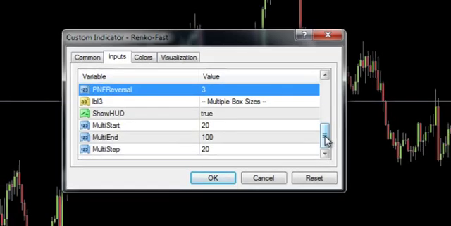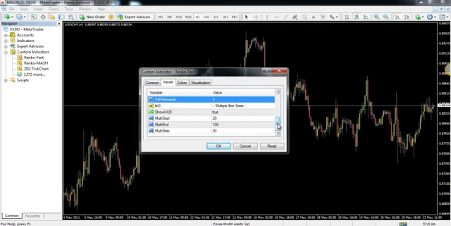Alright, multiple box sizes. Now this is very cool, and once again this is something that's only available in the Zig Renko charting suite. This is set to true by default, and what this will do is actually draw a little heads up display on the left hand side of your chart showing you